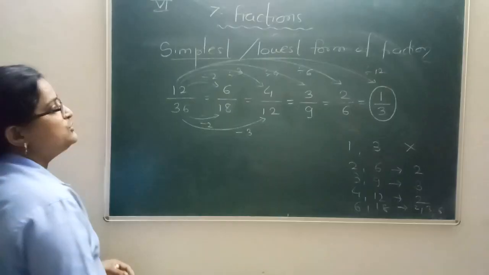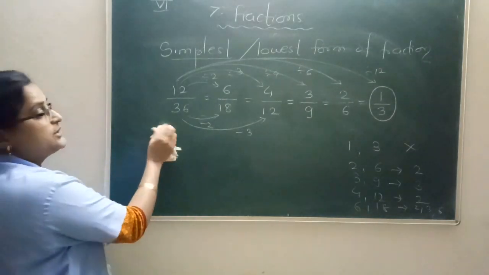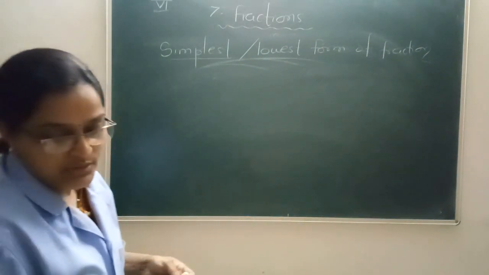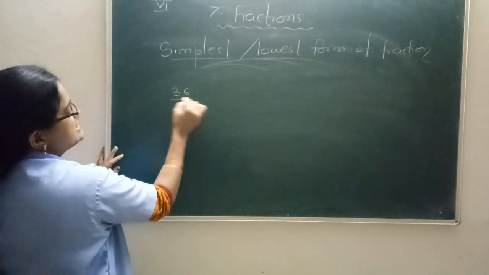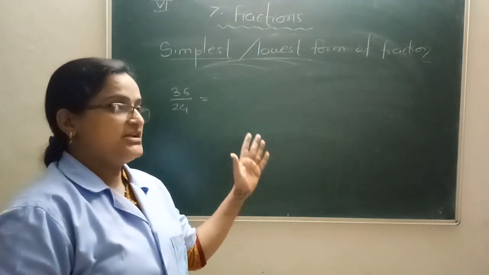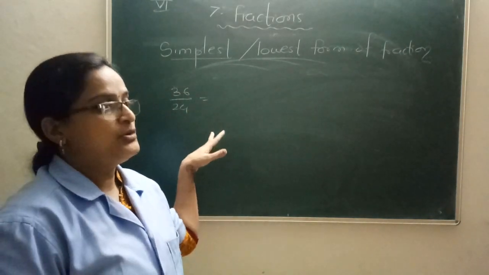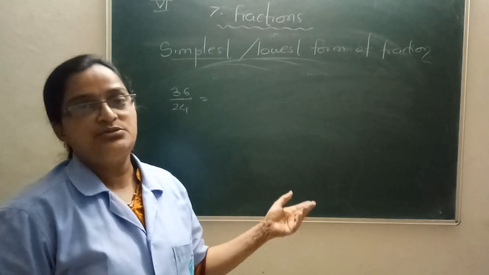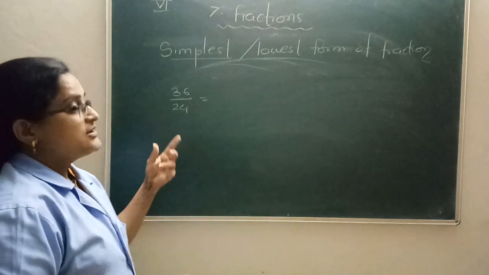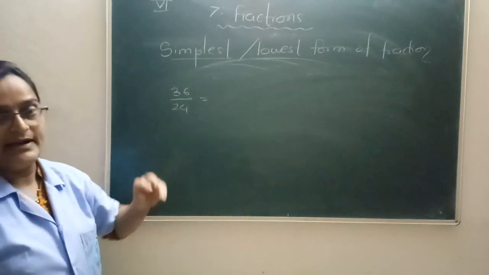Let us consider a few more. Or try to understand this by taking a screenshot if you want. Now let us consider another, 36 upon 24. So in order to find the simplest form, just find out the biggest common factor of both of them and divide, and easily you get it. Now the biggest common factor is known as GCD. So for making the work simpler, you find the GCD of these two and divide.